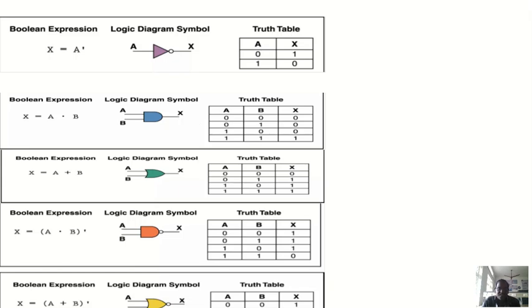For 0, 0 the output is 0. For 0, 1 the output is 0. For 1, 0 the output is 0. If both inputs are 1, 1, the output is 1. So 0 is reset and 1 is set. If both inputs are set, then the output is set. If any one of the inputs is not set, then the output is 0.